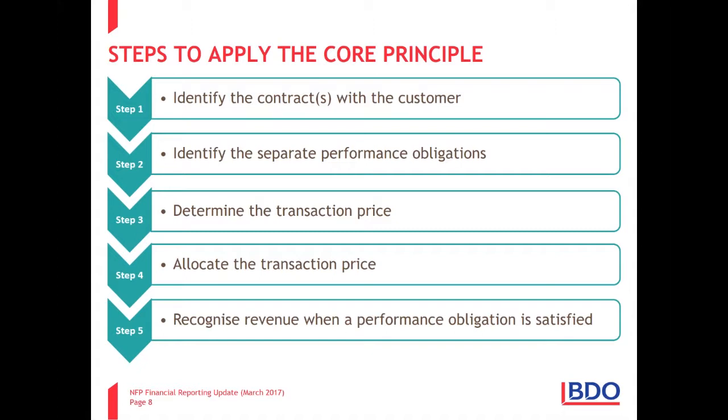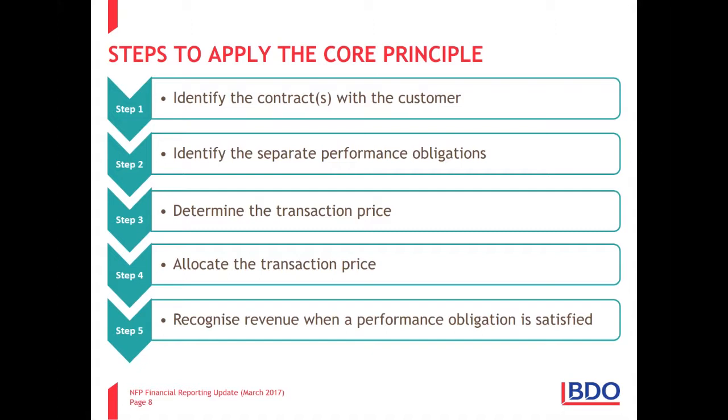Now let's say I could walk in and I could buy an iPhone 7 for $1,000. And let's assume I could walk in and just sign up for airtime for $1,400. In a perfect world, it nicely adds up to my transaction price of $2,400. So if I allocate the transaction price, I would say $1,000 to the mobile phone, $1,400 to the airtime. So then step 5, finally we discuss when should we recognize the revenue.